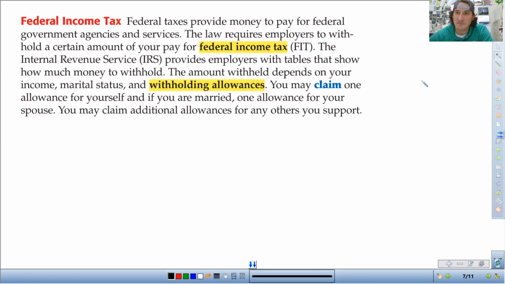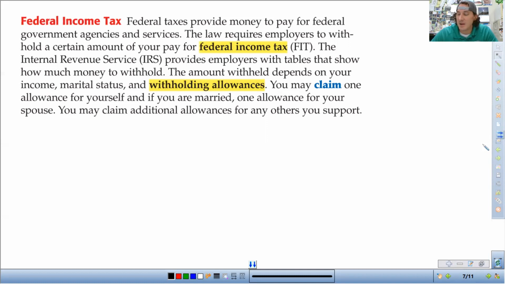So if you have kids, that would be part of your allowances. When you get a job, you have to fill out this form and tell your employer how many allowances. You just give them a number. For me, I'm married with 2 kids. I don't claim my wife as one of my allowances, but I do claim my 2 kids. I don't claim my wife because she has a job